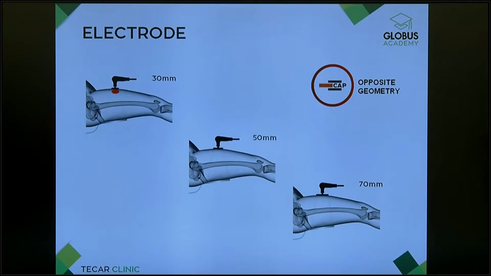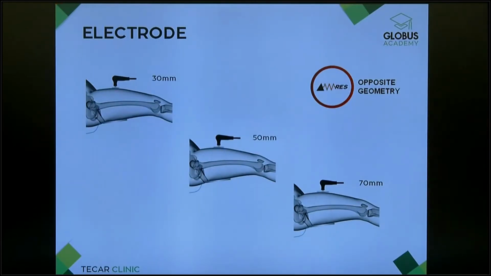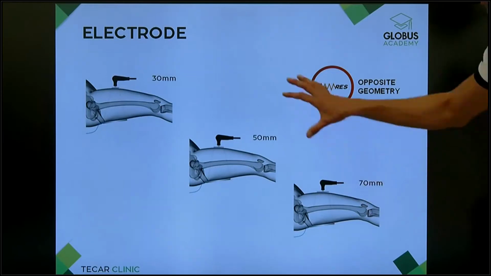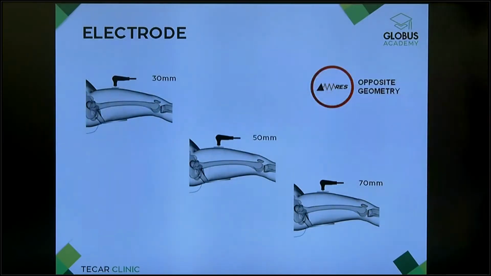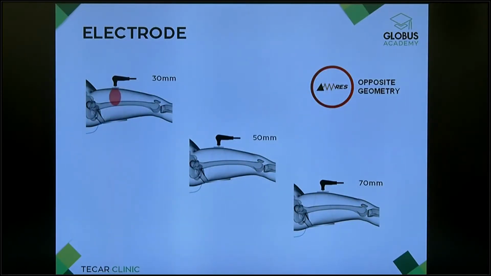Keep in mind that always we are in superficial layers, okay, depending on the size of the electrode. And on the other, with the resistive one, we can reach the depth of the tissue in a different way. We can reach the superficial connective tissue with a small one, or we can reach the depth with the biggest one.